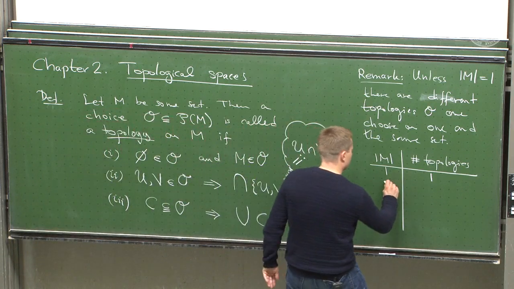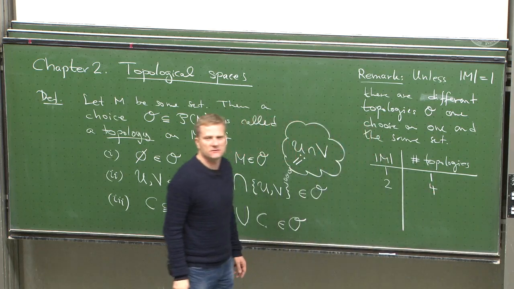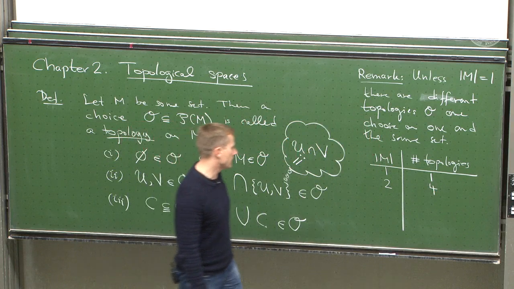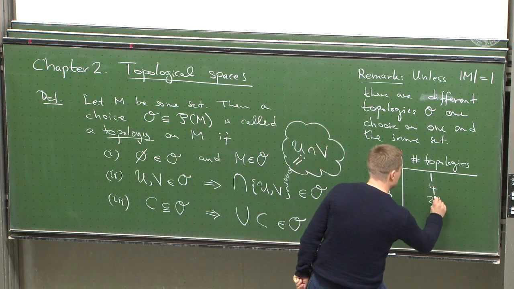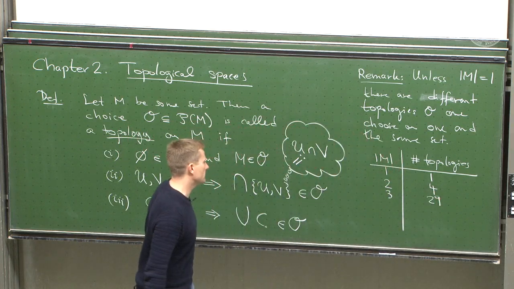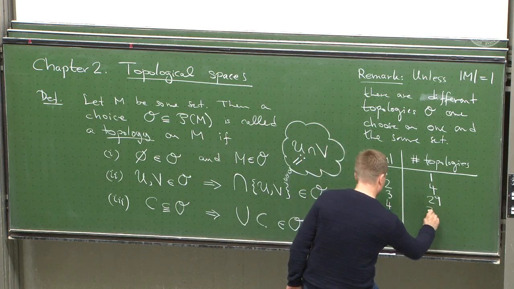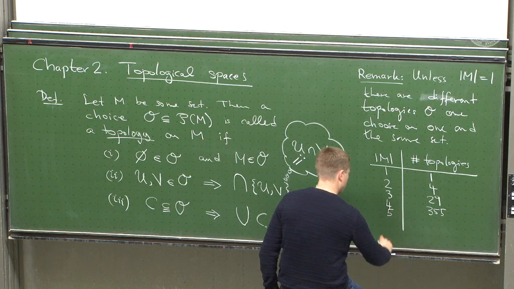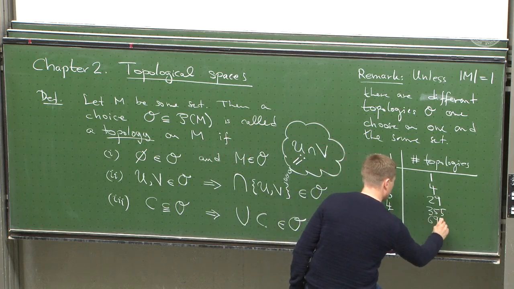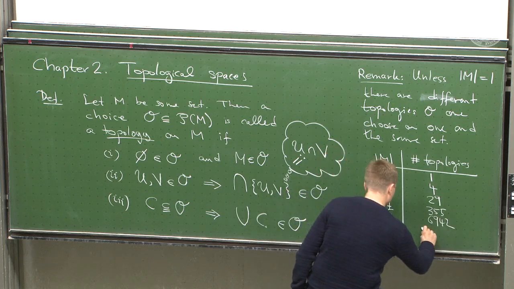But already if the set M has 2 elements, there are 4 different choices for the topology you could make. If the set M has 3, then there are 29 choices for the topologies you can make. If M has 4, you have 355 choices. If M is 5, you have 6,942 choices. If M is 6, you have